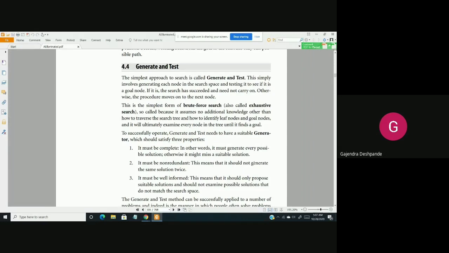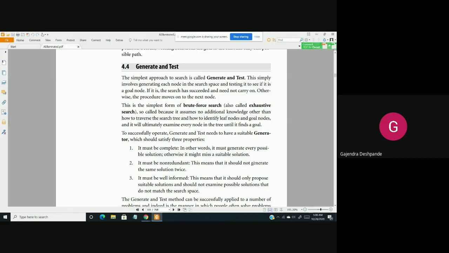So you had written a program, compiled it, and got some sequence of errors. Again, go back to the program, modify something, compile again, see whether errors have reduced or increased. Then again, go back to the source code, make some modifications, compile, see the errors. This is the approach which you had followed. It's nothing but the generate and test approach, and it is a blind search method and also a brute force search method. So you already know what brute force means. You have already studied it in your algorithms subject.